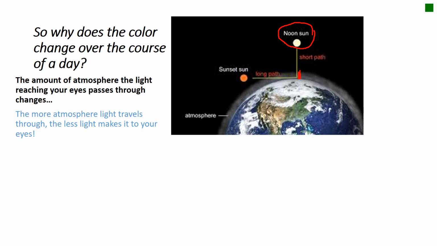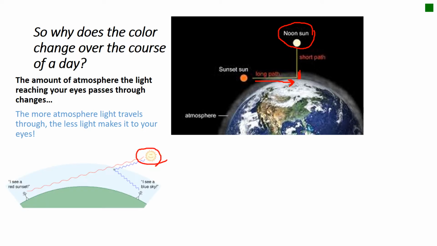And so at a sunset, you'll notice that in order for you to observe that wavelength of light, this path of light going through the Earth's atmosphere is significantly longer. And the more atmosphere there is, the more chance there is for an interaction between those violet, blue, yellow, green sort of wavelengths of light. And then when you reach sunset,